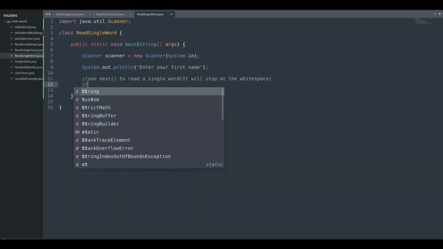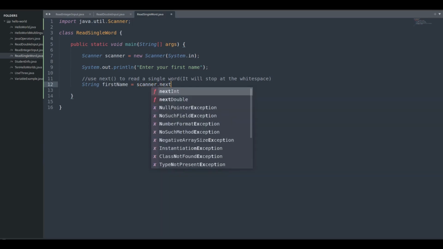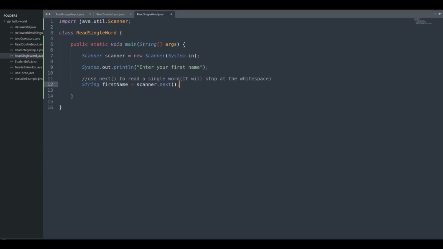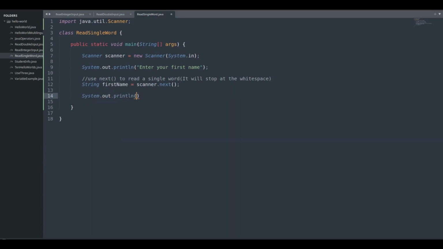So I'm going to create a variable. I'm going to call it first name. Then I'm going to use the scanner, not class, but object, sorry. I'm going to use the scanner object to call the next method there. From there, we can display the information back to the user. So out println